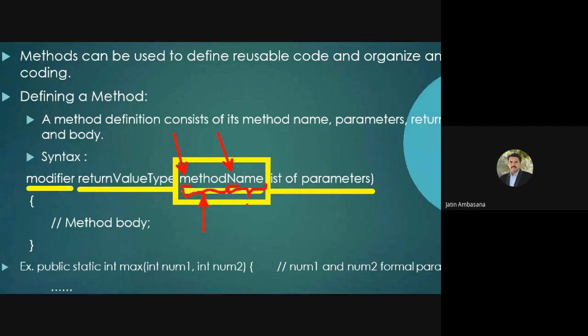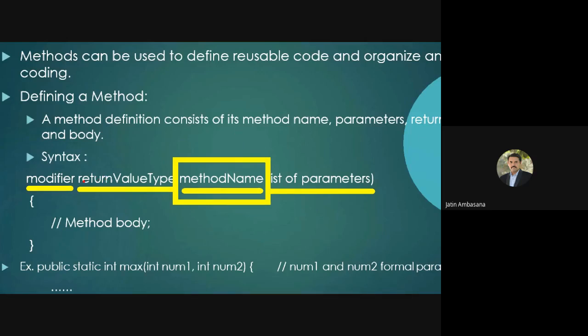To let people know that these are separate words, we make the first letter of the second word capital. The second word is name, the first word is method, right? So the method name starts with a small case letter, but the first letters of subsequent words are capitalized.